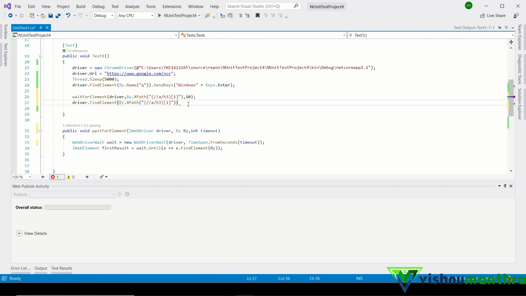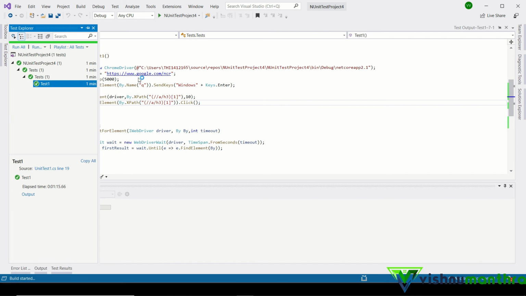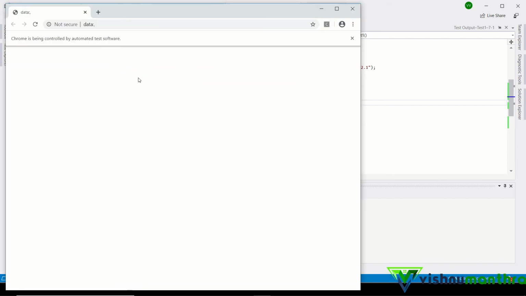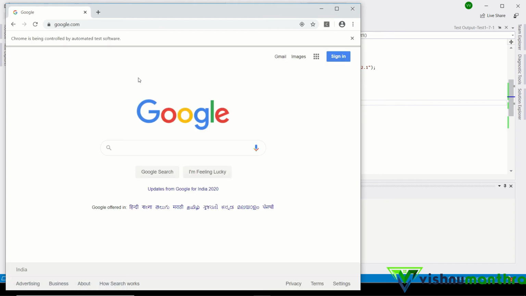Okay, so I can declare an IWebElement and reuse it, or I can just type in the XPath again and click on that. So let's see running this now. So now the page is going to pop up. Okay, the page got popped up now